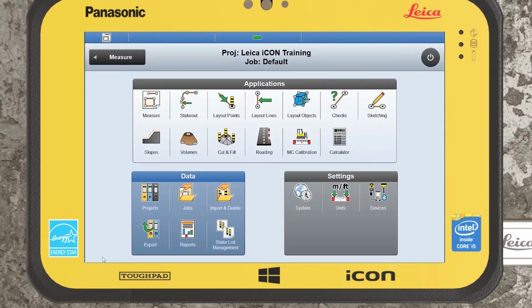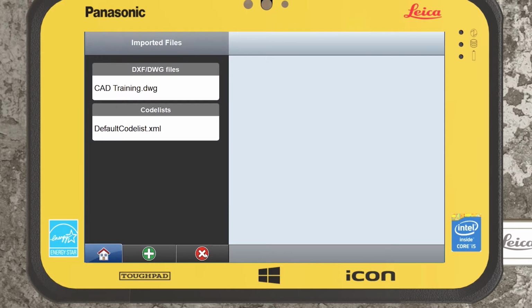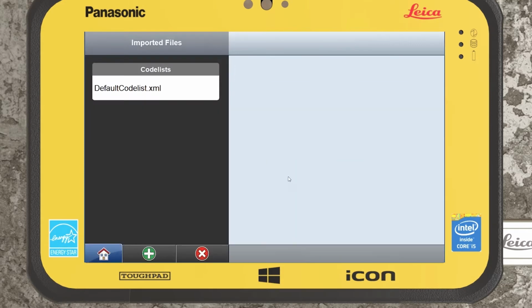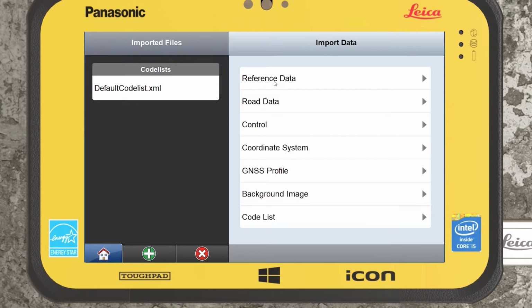This isn't an issue. So if it's a case that you're out on site and you have a drawing and you haven't actually got the facilities to get into a CAD package to clean it up, what we can do is you can import it straight away just to see your drawing and inspect it. Then we can come back in, we can press the red X, we can remove our drawing, okay? And we can go through the same process again,